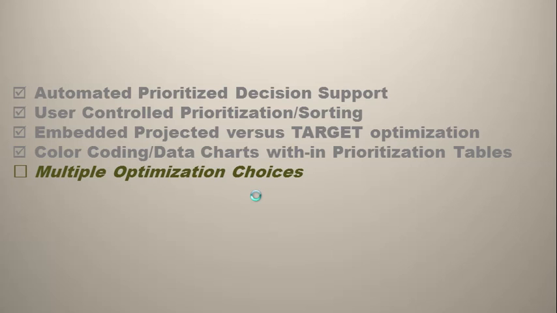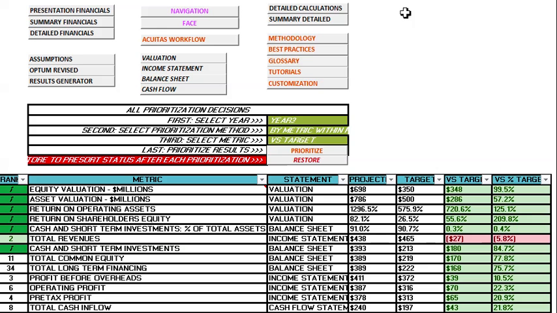This fifth video demonstrates the multiple optimization choices provided by the system. This is the evaluator prioritization decision support main screen. The evaluator enables you to assess all of the key performance metrics, performance versus targets, in a single summary optimization table, which is the table that we have been using for the video so far, or a set of individual